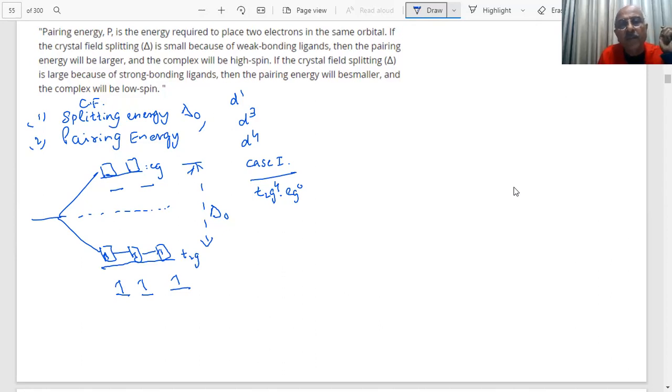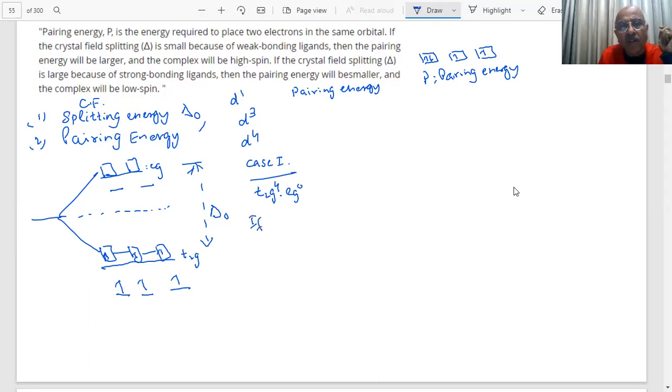There are two things. Pairing energy. The energy which is required when you pair this electron, we are showing like this, students. Let me write in a better way so that you understand. This is your 1D. When I am having 1, 2, 3, maximum multiplicity, Hund's rule. The fourth electron, when I put it here, this has a pairing, students. Pairing energy P.